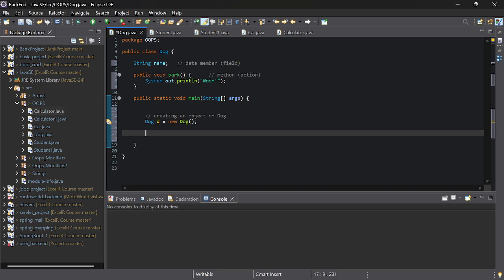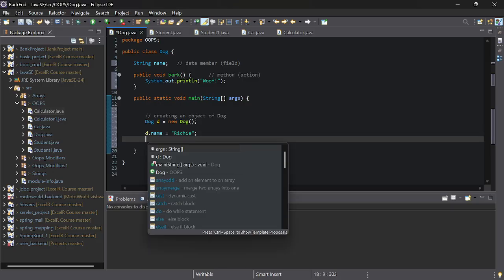Okay, now using that reference name I'm assigning a value for the data member. See, using that object reference name, I'm assigning a value to name. Okay, and if I have to run that,